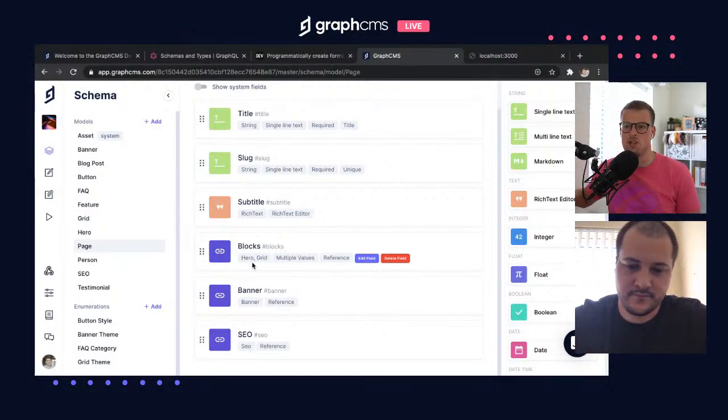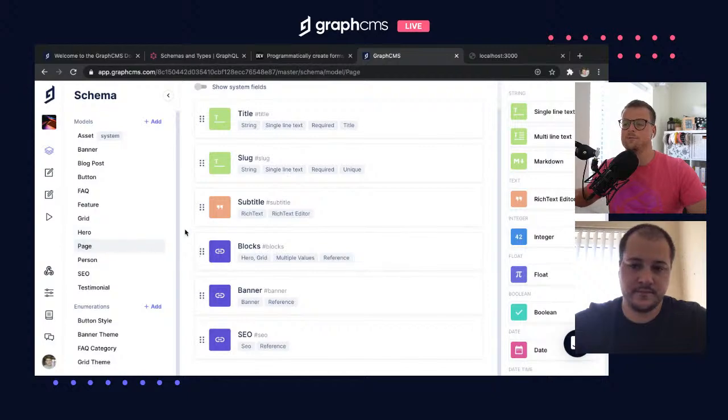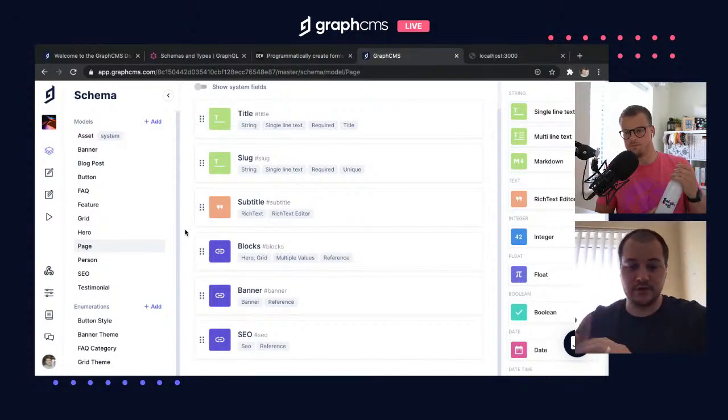So what that means is we're going to use this blocks field to compose our page using other models inside of the CMS. And a model in this instance doesn't necessarily have to be a data input. It doesn't have to be tied to data. It could be a UI element that accepts certain fields. So that could be, you've got hero and grid,